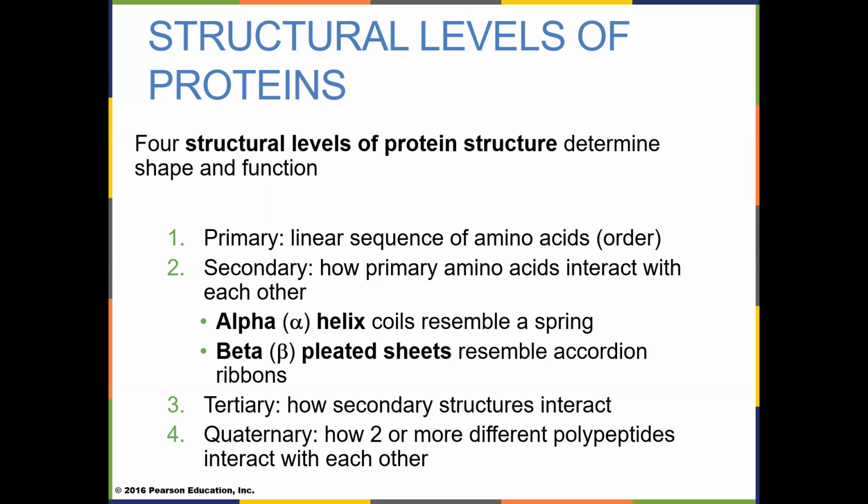The tertiary shape is when the protein has multiple variations of the secondary structures, the alpha and the beta, alpha and beta. And the quaternary is the biggest of the proteins, and it's essentially 2 tertiaries linked together. Hemoglobin is a quaternary protein, meaning it has 4 segments to it linked together in the middle.